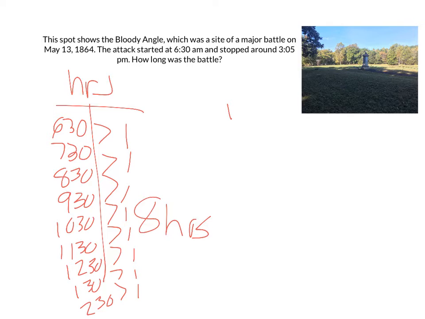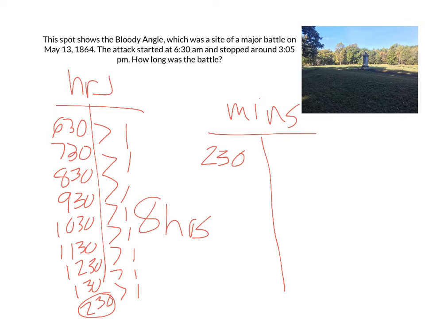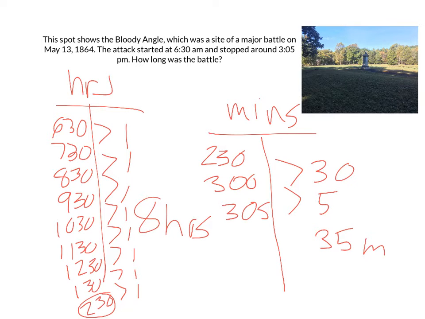And then I've got my minutes. So remember, I bring up my last minute from my hour T-chart. So that's 2:30. 2:30, I'll jump a whole 30 minutes to get up to 3 o'clock. And then to 3:05 is just another 5 minutes. So that gives me 35 minutes in all, meaning that my total elapsed time was 8 hours,